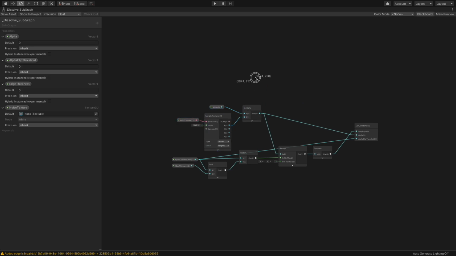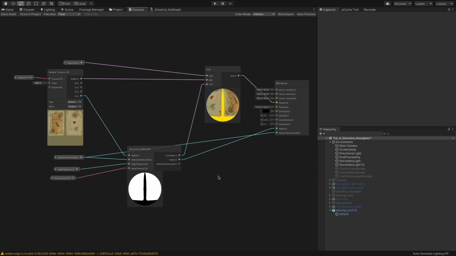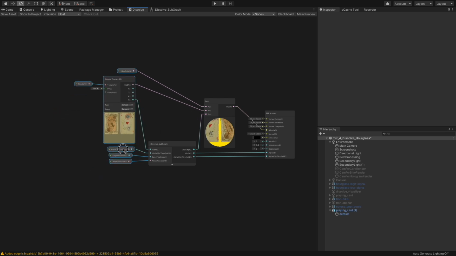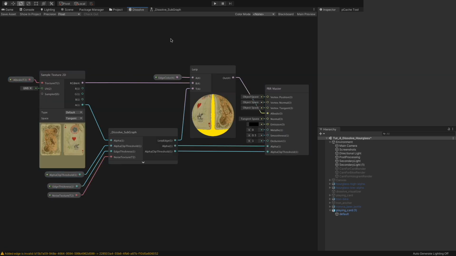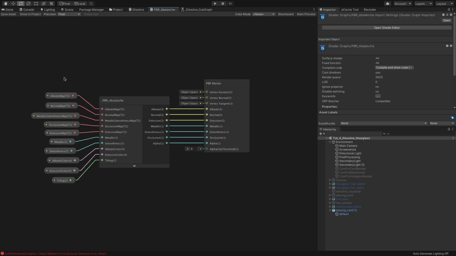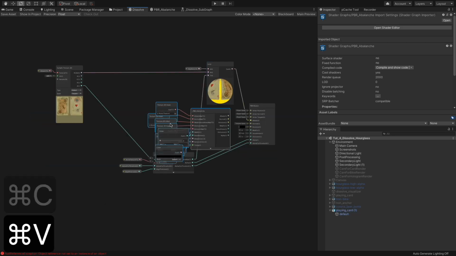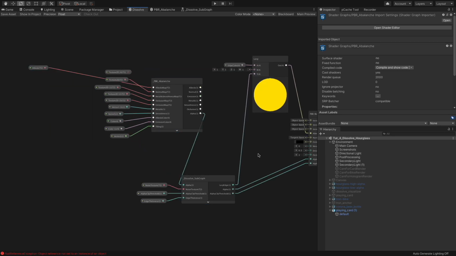Go back to the shader graph outside and use the new output port as the master's alpha clip threshold. With our new custom node, the shader graph looks much cleaner now. In the GLTF version, this playing card has a smoothness texture. You can use another subgraph called PBR Avalanche that I introduced in the second video to load all the PBR properties you need. This shader will become much more useful because it can be applied to other objects as well.